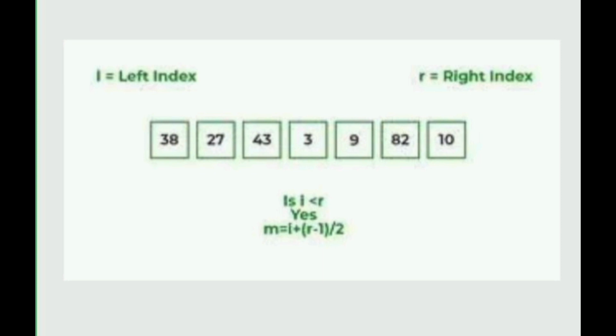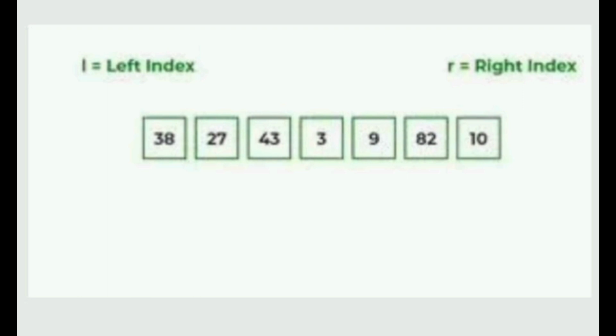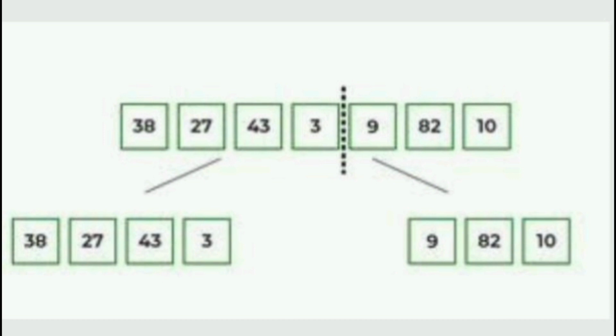Consider an array of 38, 27, 43, 3, 9, 82 and 10. At first check if the left index of the array is less than the right index. If yes, then calculate its midpoint. Now as we already know, merge sort first divides the whole array iteratively into equal halves until the atomic values are achieved. Here we see that an array of 7 items is divided into two arrays of size 4